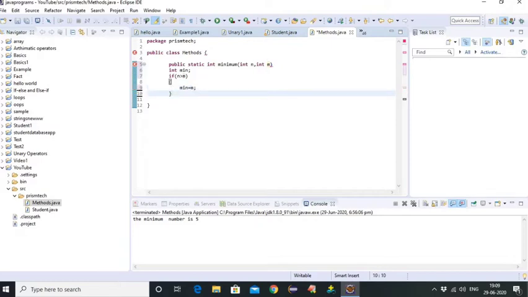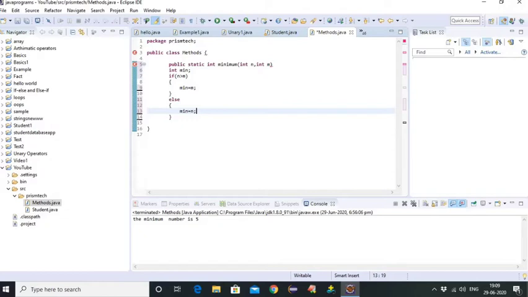If the n value is not greater than m, else I am initializing min with n. Suppose the values are like this: n value is 5 and m value is 8.